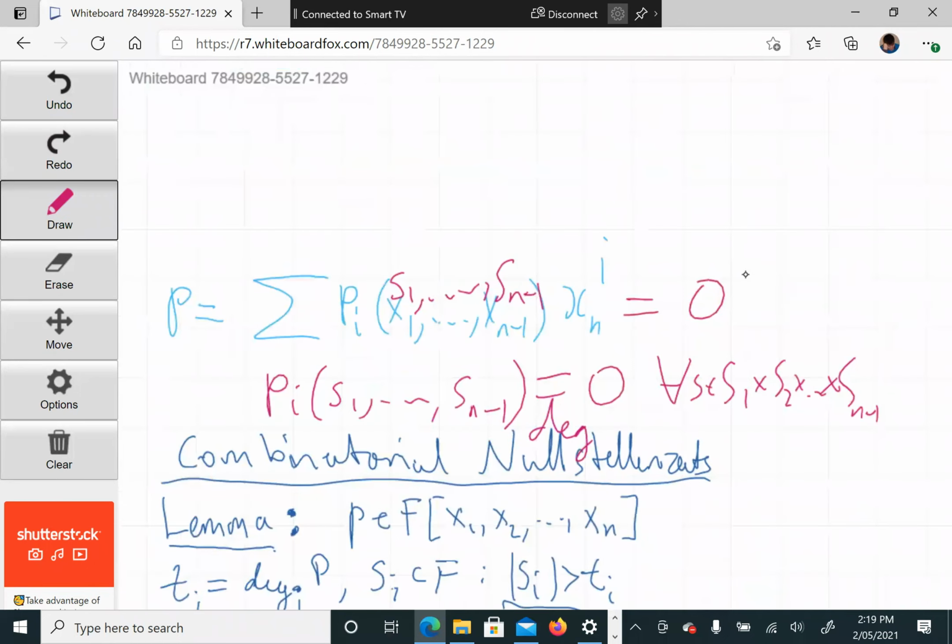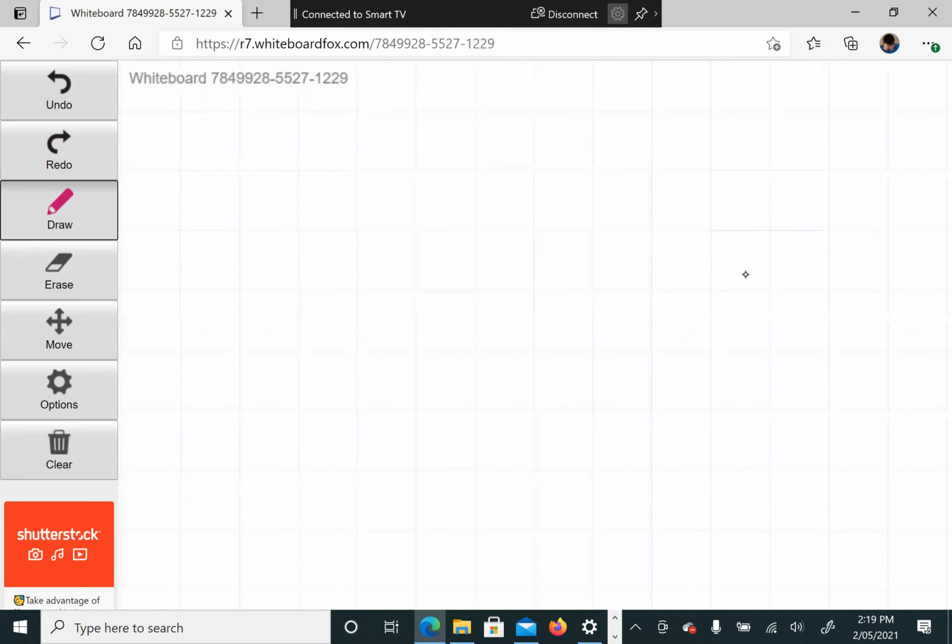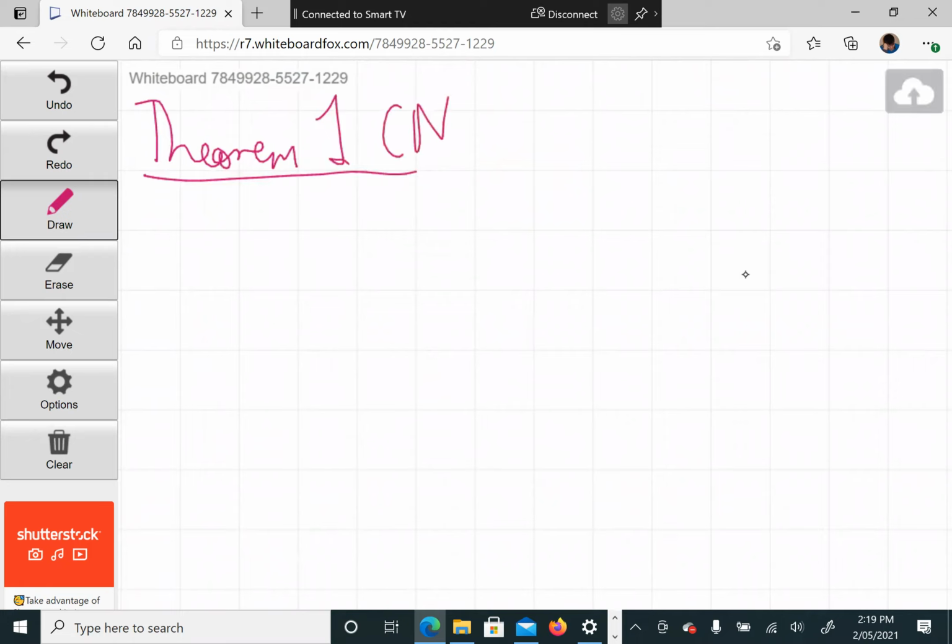All right, let's try to. Yeah. So what is the first combinatorial Nullstellensatz theorem? We'll call it Theorem 1 of the Combinatorial Nullstellensatz. First theorem. By the way, I should mention this is the work of Alon